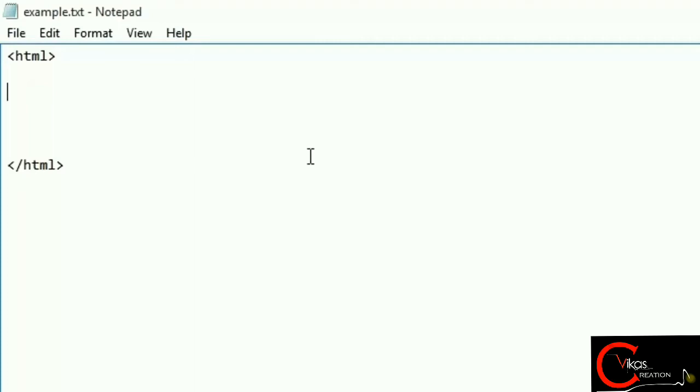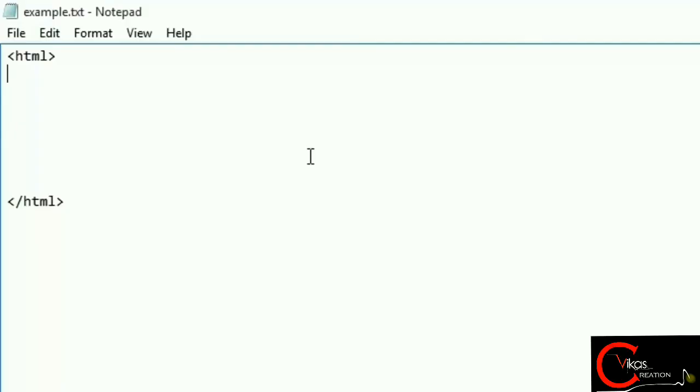First, we have created an HTML and HTML end. We have to use this in every HTML web page creation. So how will we create it? First, we will create a simple page and display a message, "Click here to display information," and then we will create the hyperlink in the "click here."